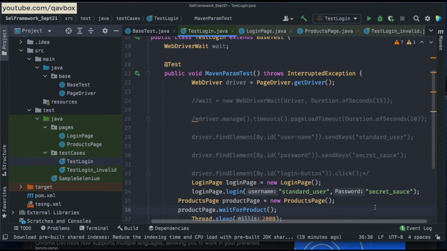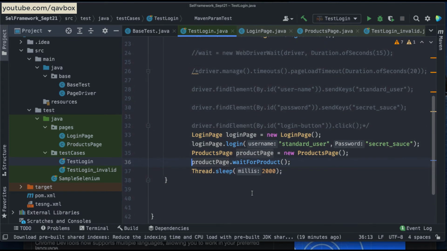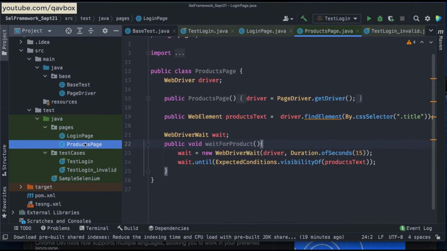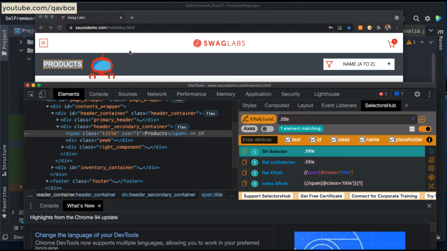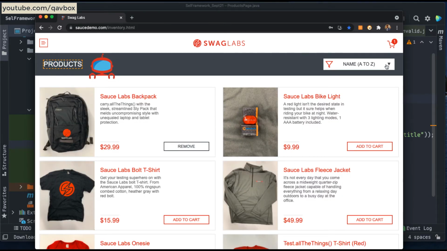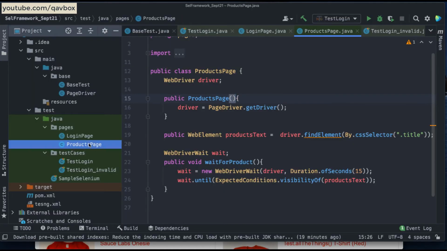That's it. Now you can see all these implementations are very understandable, right? Whoever is seeing it, and how it is waiting, you don't need to care about that. You just write those logics, all the actions and everything. Like tomorrow, let's say on this products page you want to handle this drop down. You can write the logic of handling the drop down, selecting some elements inside this products page, so that you can just utilize the actions in your test case, not the implementation. Okay, so now at this moment everything is ready.